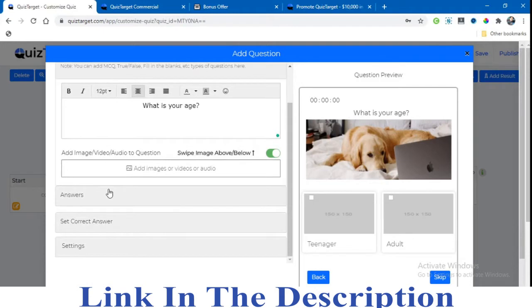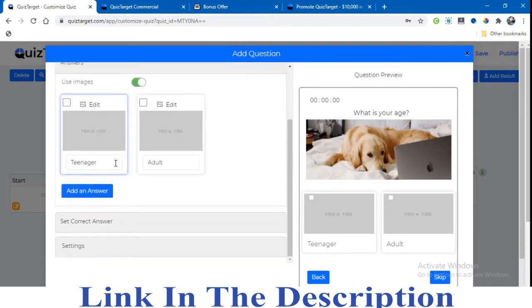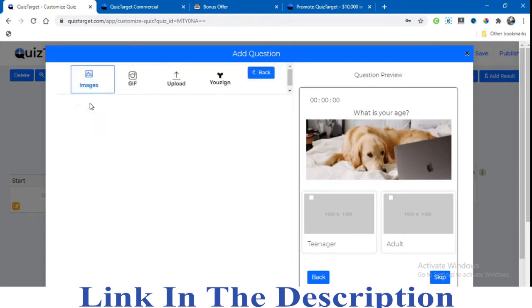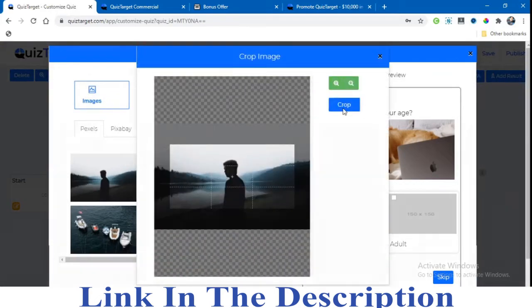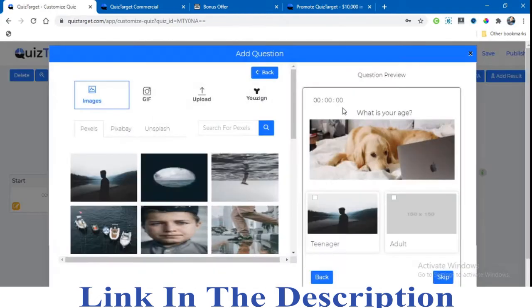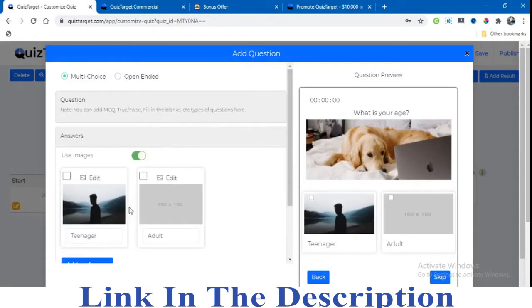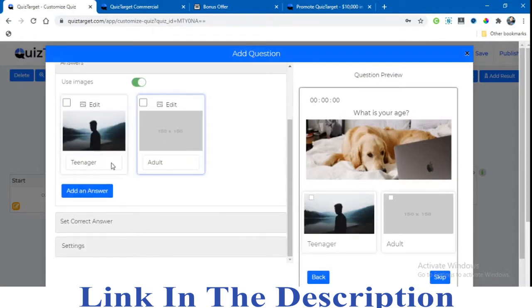And next, here it is, you can add your answers here, and you can also add images for your answers. So I'll select an image for my answer and go back. Here it is, two answers added here.